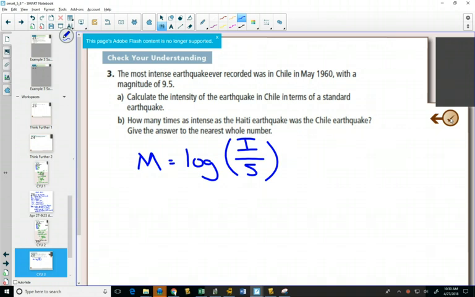Now, the S in this case is the intensity of a standard measurement, and you can kind of think of it just as a value, as a constant, even though we don't know what its number is. So with a 9.5 as a magnitude here in A, calculate the intensity. So we want to solve